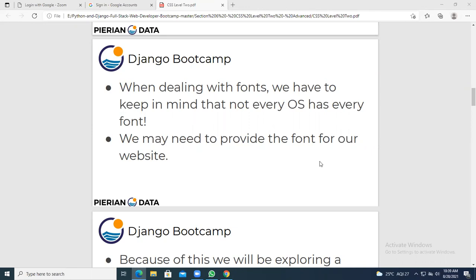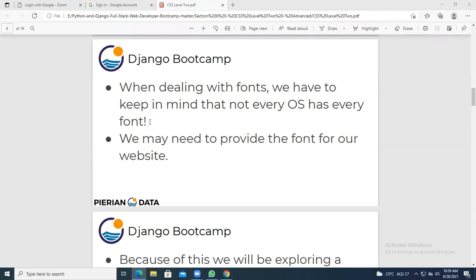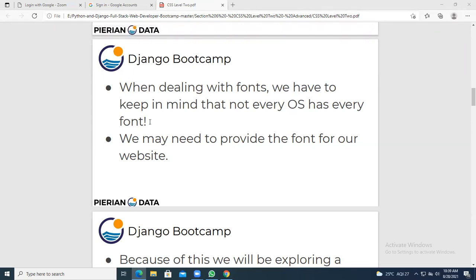When dealing with fonts, keep in mind that not every OS has every font. If you have taken a font called Times New Roman, it may work in Windows, but it may not work in the Linux operating system. Similarly, Arial Black works both for Linux as well as Windows.